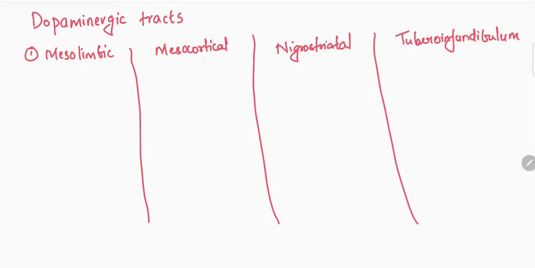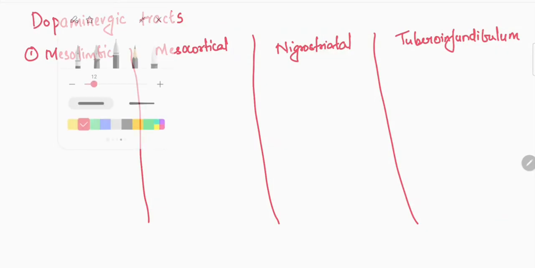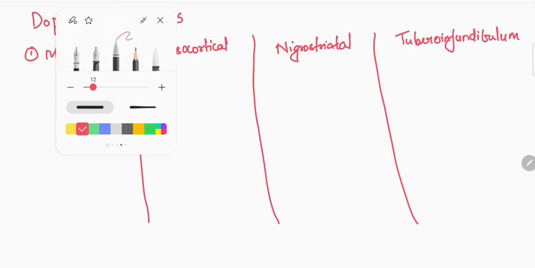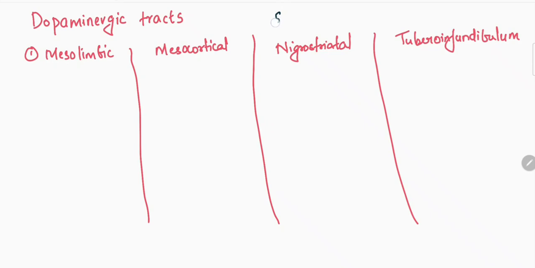Let's talk about schizophrenia. So in schizophrenia, what happens exactly? What happens to the different tracks? That's what I'll be talking about. Basically, we have four tracks concerned with schizophrenia, four tracks in the brain: mesolimbic, mesocortical, nigrostriatal,